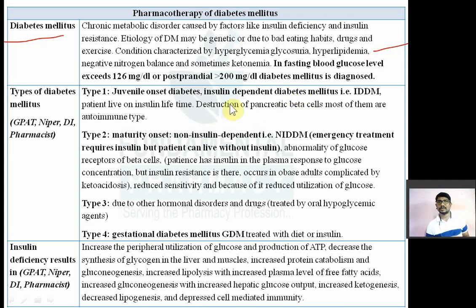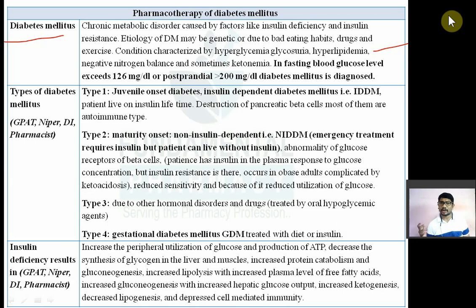That is nothing but hyperglycemia. Because of that increased sugar in the blood, the sugar is not utilized for the production of energy, for the production of ATP. So that sugar is being excreted in urine. Presence of sugar in the urine is known as glycosuria. So hyperglycemia means increased blood sugar level, and glycosuria means presence of sugar in the urine.